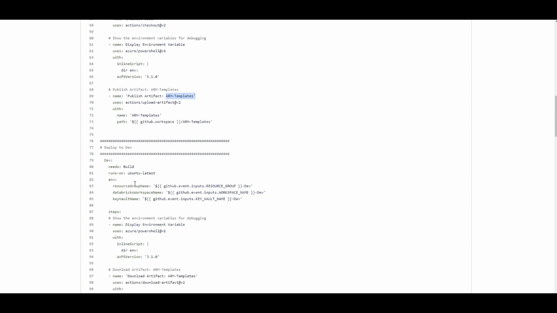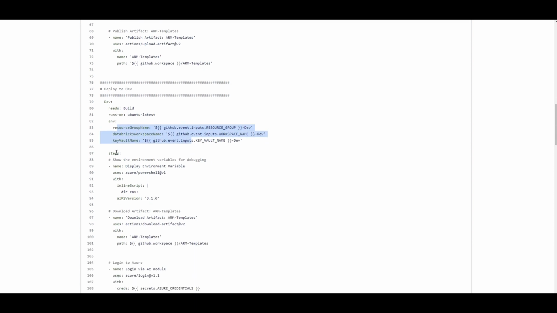That's the time that we deploy our dev, Q&A, and prod. So the resource group name that we have given is going to be used, but we're going to add dev because that's going to be the dev environment. If it's prod, we will add, let's say, prod here. Same thing for key vault and Databricks. And then similarly to what we did at the top for the Azure